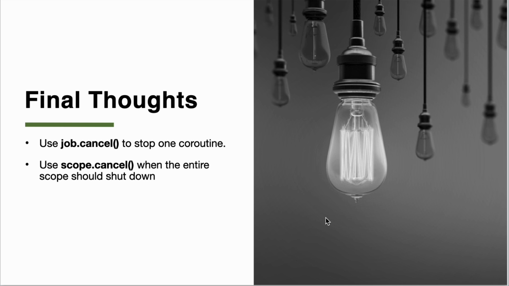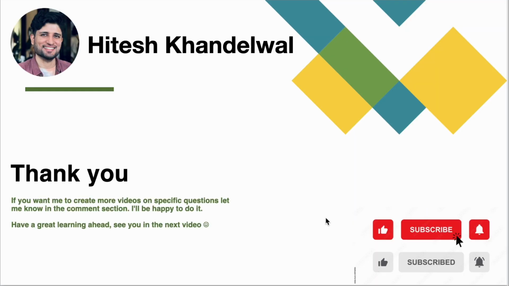And the final thoughts about this are that you should use job.cancel to stop one coroutine, as I've explained, and you should use scope.cancel when the entire scope should shut down. Okay, so guys, that's it. I hope you have understood exactly when to cancel a job and when to cancel a scope